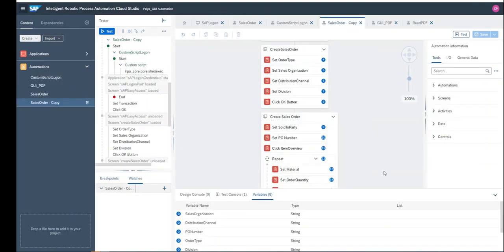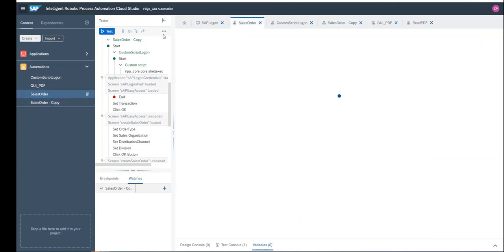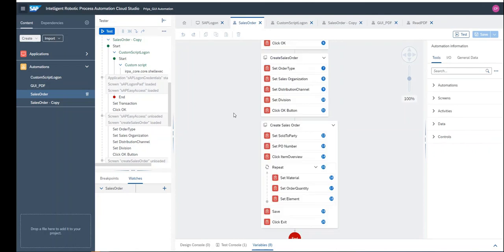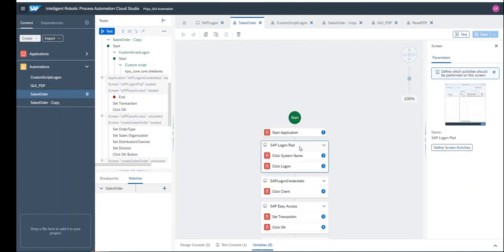And coming to the GUI automation, I think most of you are already familiar, so I will not go into the detailed steps of the GUI automation, but I want to show you one step here which is mostly useful in unattended modes. I know most of us have been using this approach to start the application for GUI transactions. We generally click on start application, we record a screen for the logon pad, and then we enter the client credentials. All these three steps: start application, logon pad, and client credentials entered.